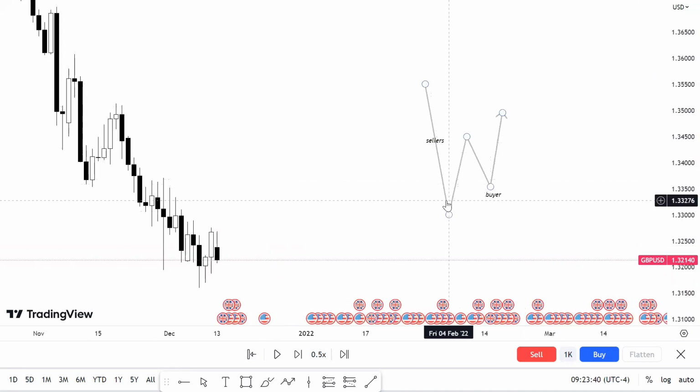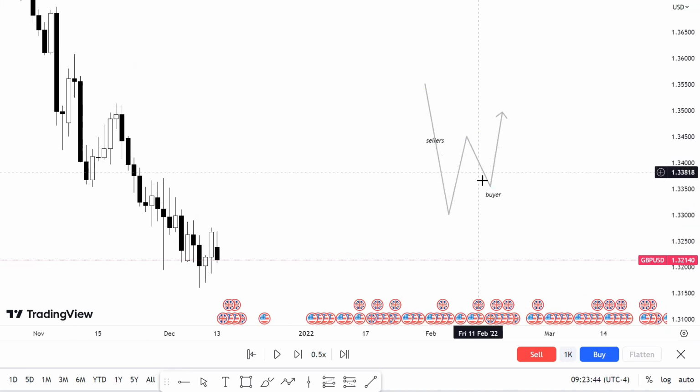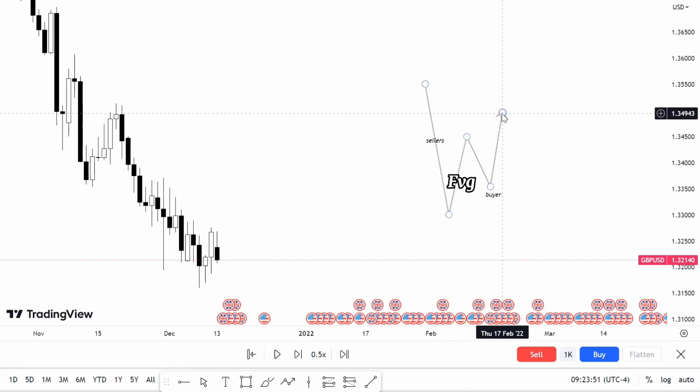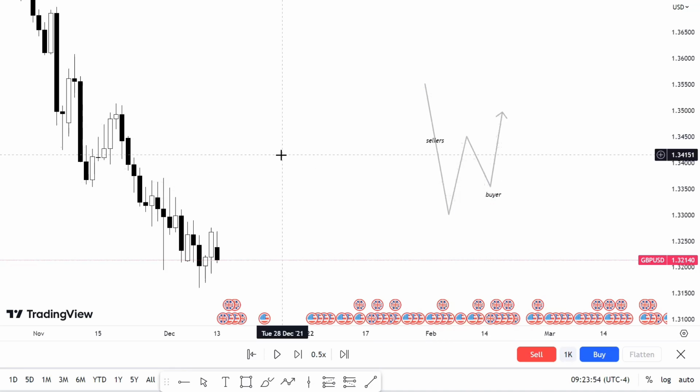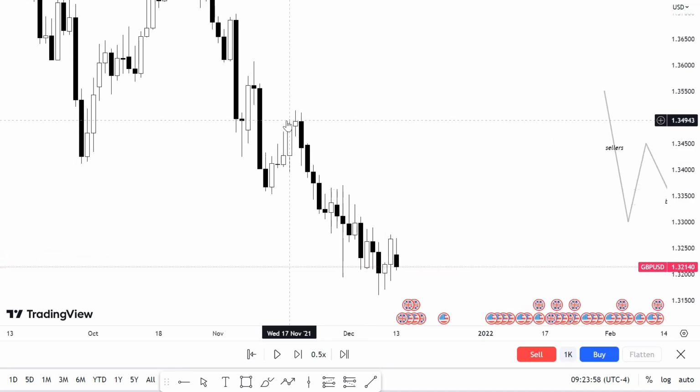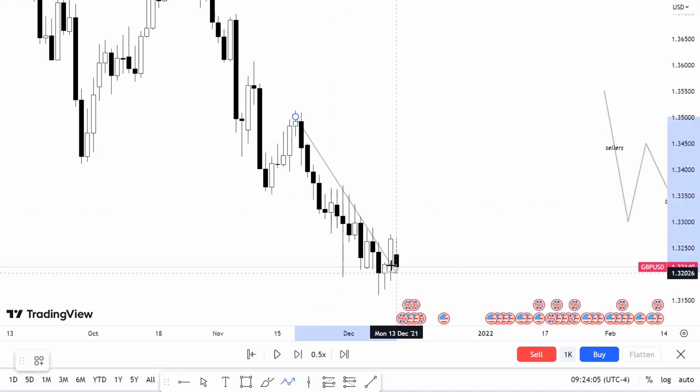So the same method we used here. We want to see aggressive sellers. We want to see a retracement of the W. When price comes back to close the W, we want to be waiting on that fair value gap to be buyers. That is the buying model of the Judas swing. Okay, fine. So this is the first arm, the push. That's the first arm, push to the downside. So we want a retracement of this